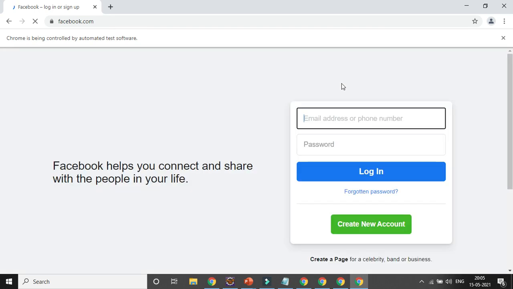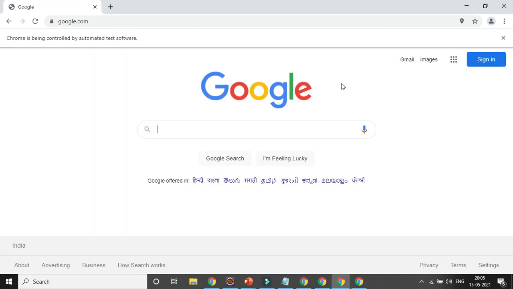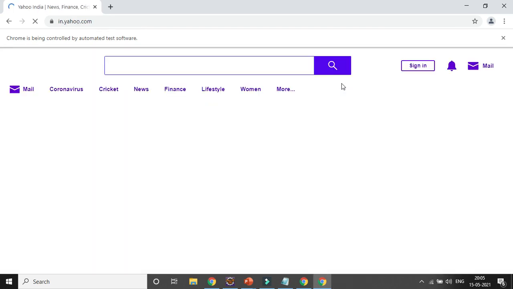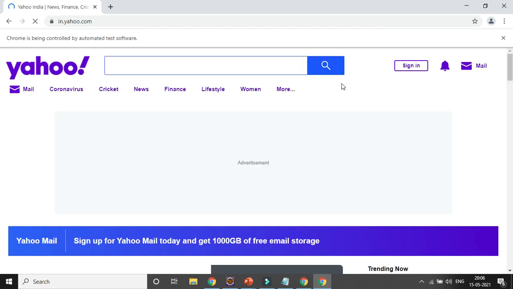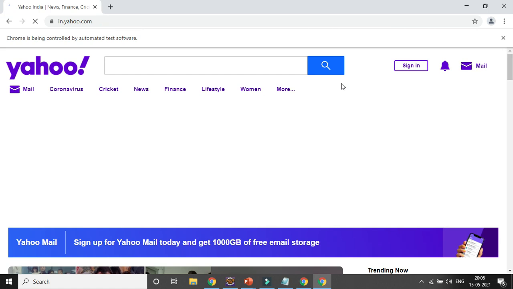So Facebook is working, so it will take less time in the real-time execution. Google, Yahoo done, and after that it will try to open, in parallel, the Firefox browser as well, in different browsers, right? It is opening. You can see it does not complete, but still it is opening another Firefox browser. So it is working parallelly.